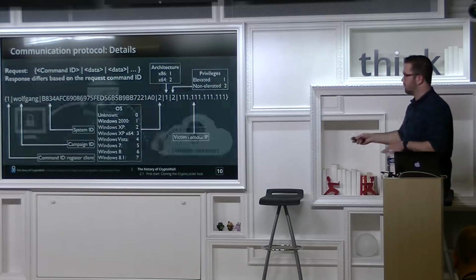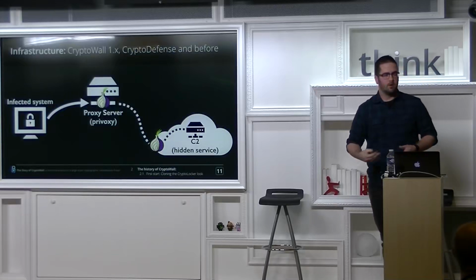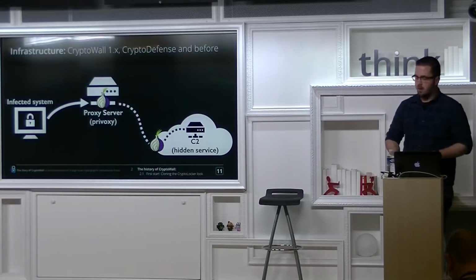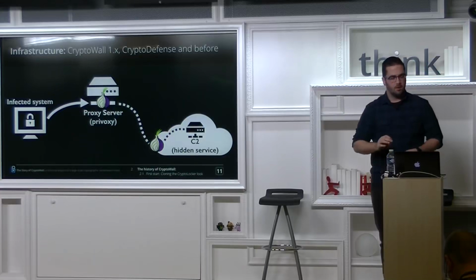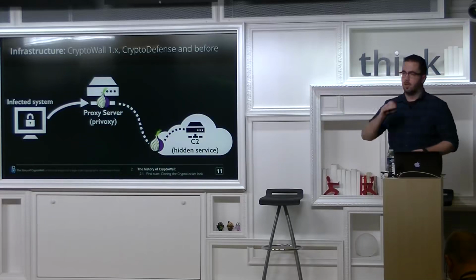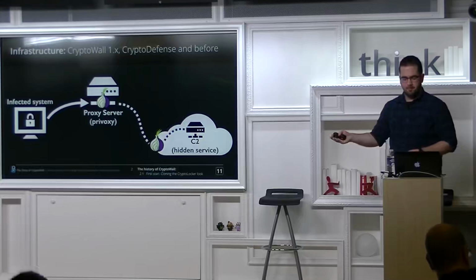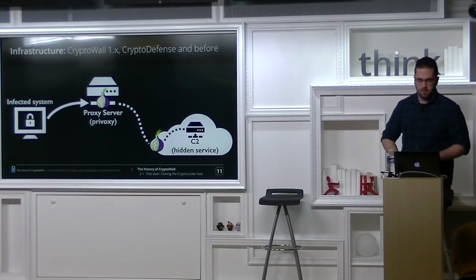And the reason for that is because their C&C infrastructure is on Tor, so they don't get client IPs. There's no remote IP address they could use. The way they set it up is that they have a proxy server, which is owned and set up by themselves. They run Nginx on this with Privoxy, and basically every request is sent upstream to the backend, which is inside Tor. Pretty simple setup, but if you kick down that server, it would be done for a while.